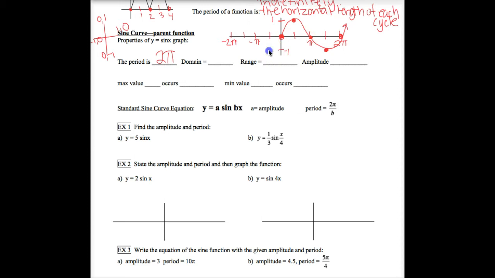The cycle could go the other way as well. So down to negative 1, then up to 0, up to 1, back to 0. Again, there's a full cycle. A full cycle of a sine wave has both a hill and a valley. So if you only have a hill or you only have a valley, you do not have a full period